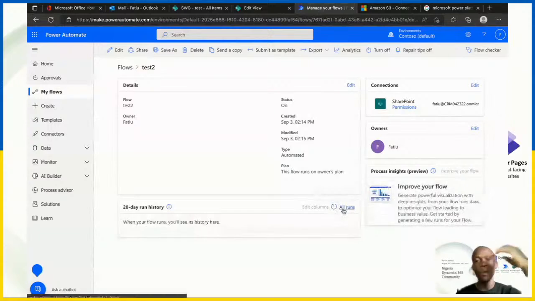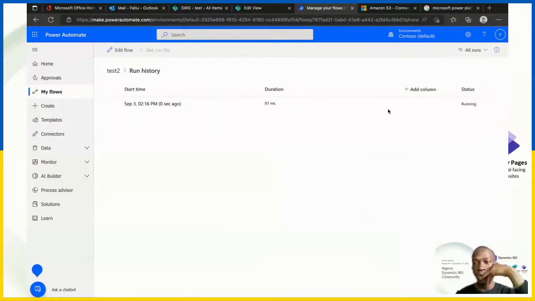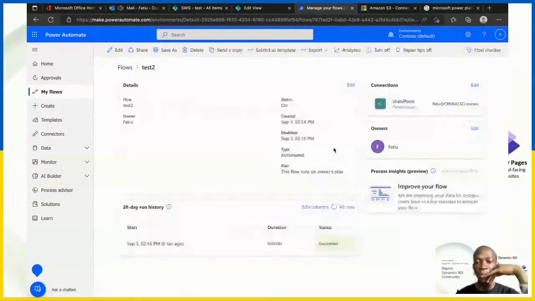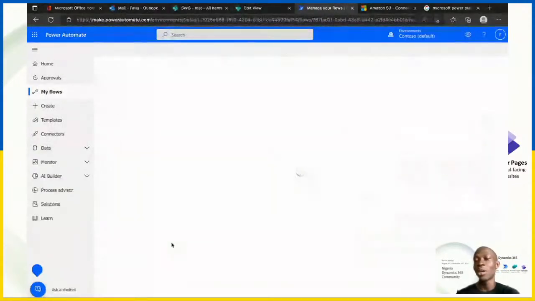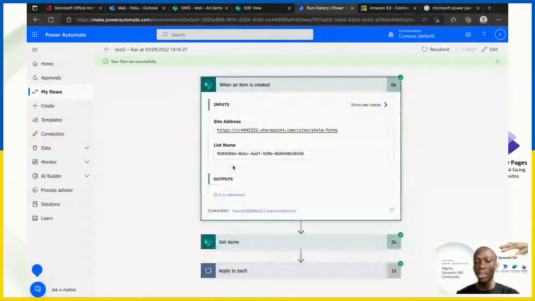I'll just try to, yeah. So I think it's running. Yeah, now it's fired off. So there might be some discrepancies that would cause it to skip and maybe retry after a couple of seconds, basically. So if you look at it now, when an item is created, I created this new